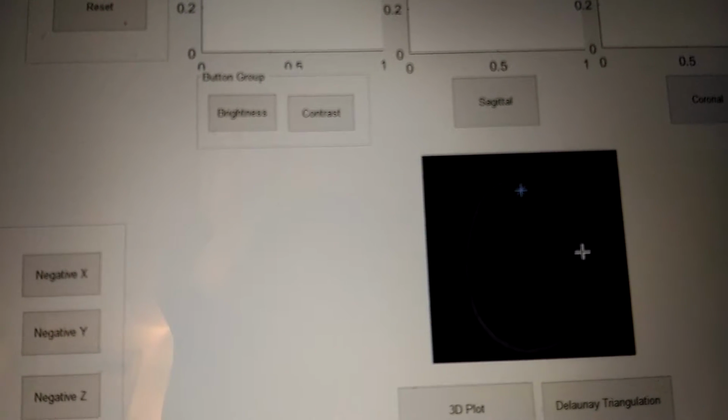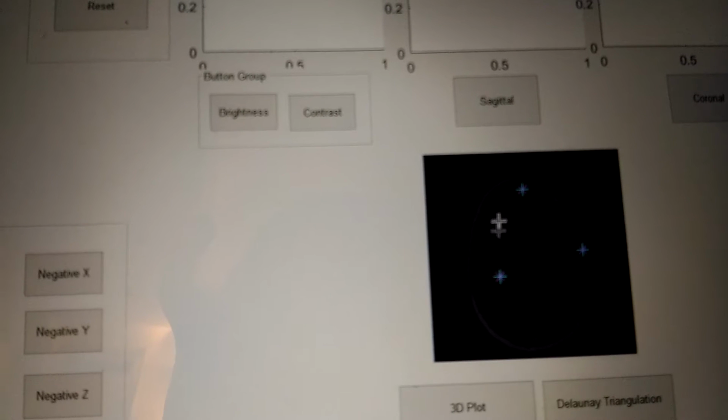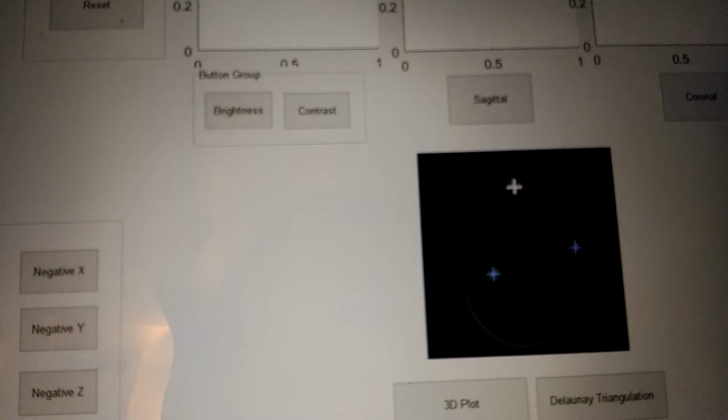Here you can see it's taking too long because a total of 10 slices are used over here,